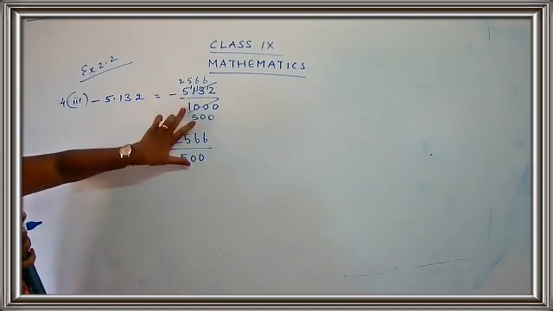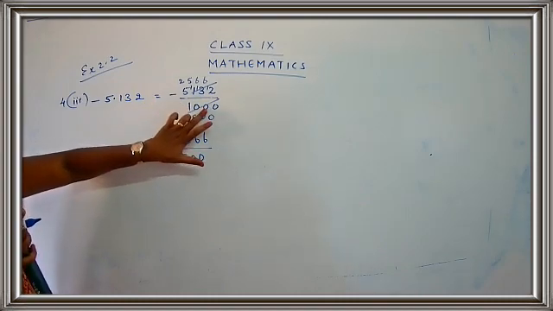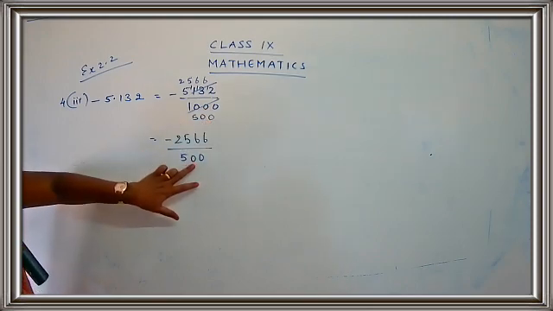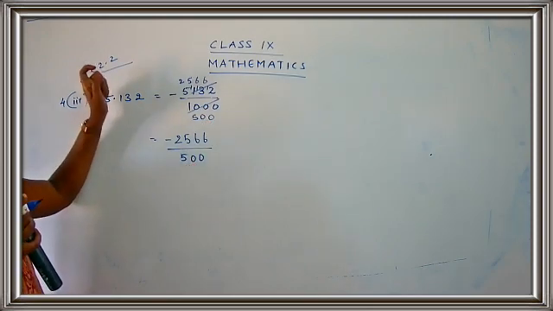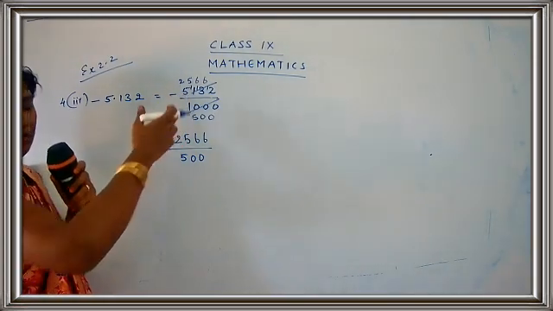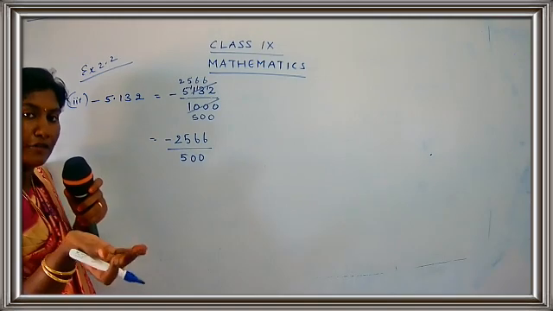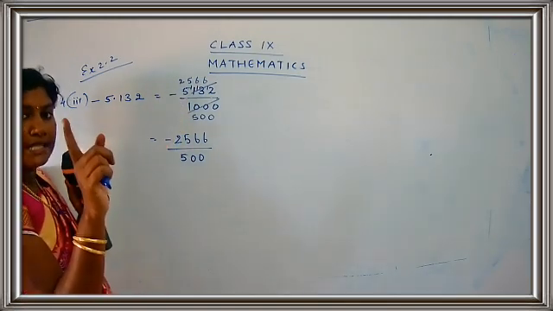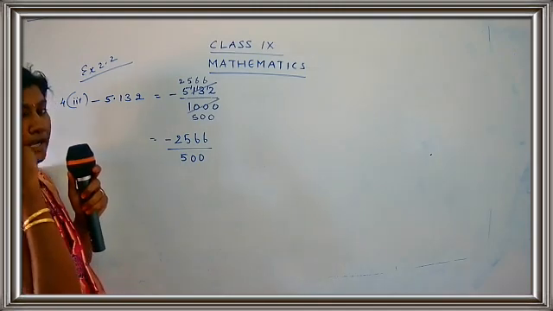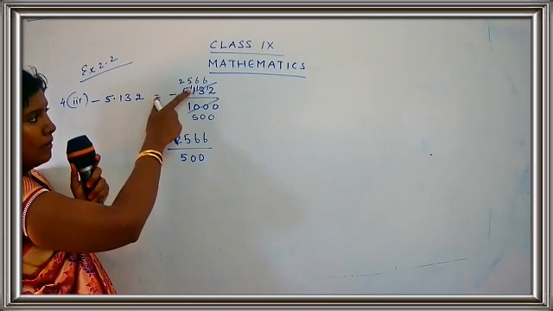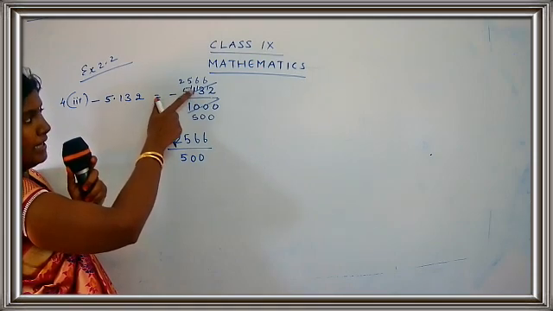So 2 5s are 10. Again we have 0. So 2 zeros are 0 and 0, 2 zeros are 0. So 500 is left. Then 2 2s are 4. Okay, here what is their number? 5 is the number. So you don't have 5 in the table of 2. So you have to take the closest number of 5. 2 2s are 4. So what is left? 1 is left. You have to just calculate everything mentally. 2 2s are 4. 1 is left. Just put 1 before this 1. So you get the number 11 now.